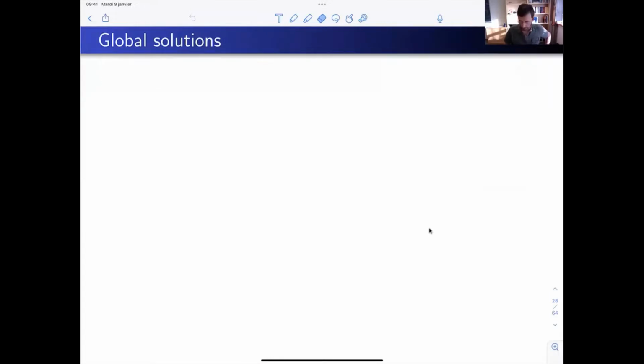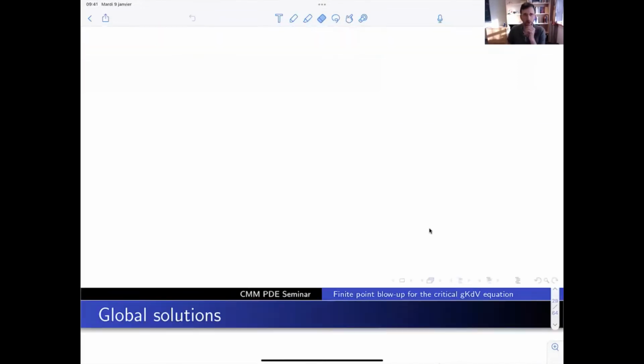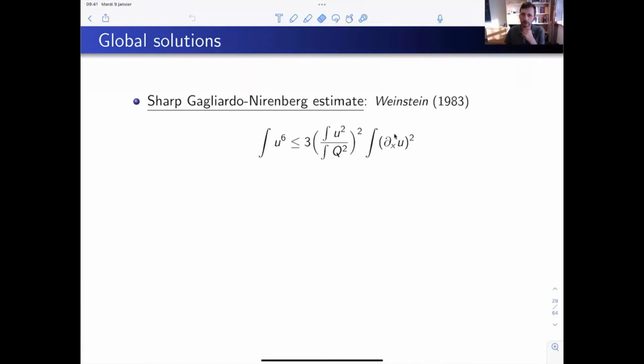Yeah. So now that we know something about local well-posedness, can we say something about global well-posedness? And these solitary waves will play a fundamental role. Actually, everything comes from this